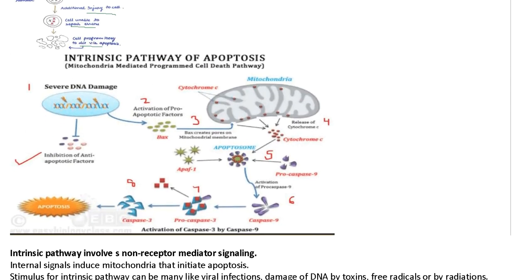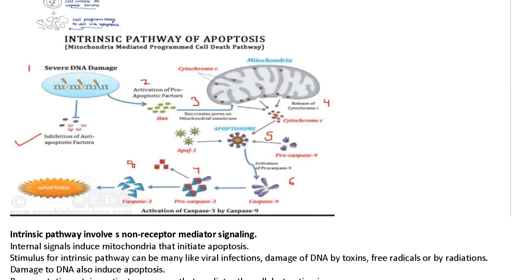So coming to the intrinsic pathway of apoptosis, if there is severe DNA damage, in that case, there are some pro-apoptotic factors which will be formed, for example BAX. Now this BAX, pro-apoptotic, will create pores on the mitochondrial membrane, as a result of which cytochrome C will be released into the cytoplasm,